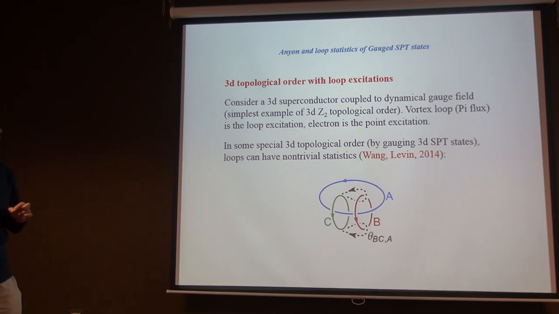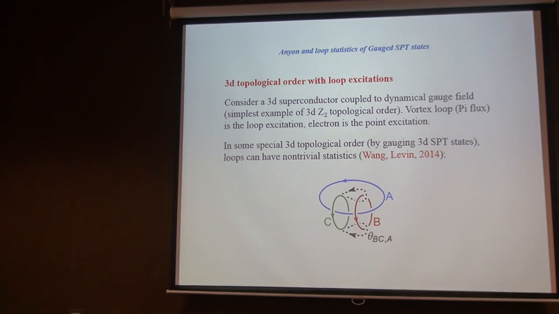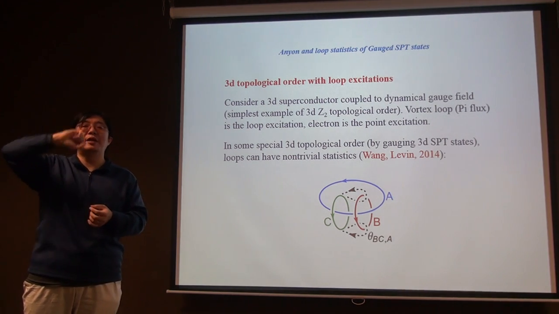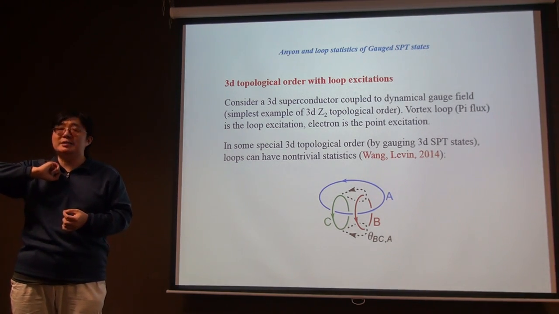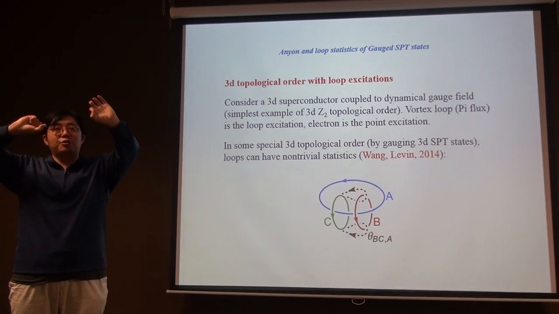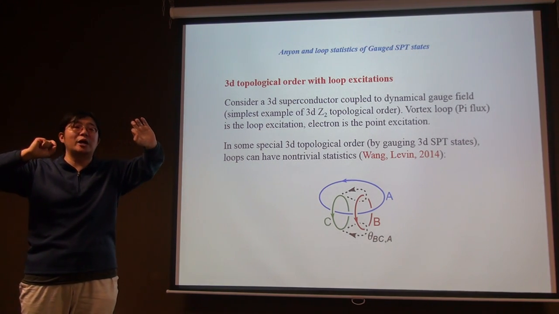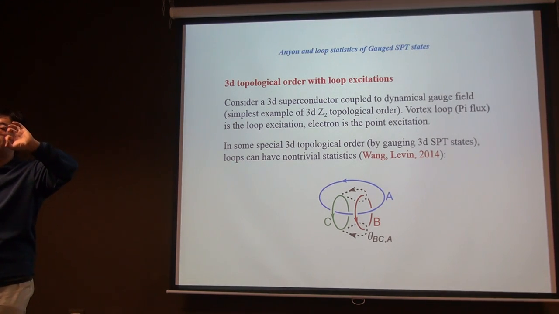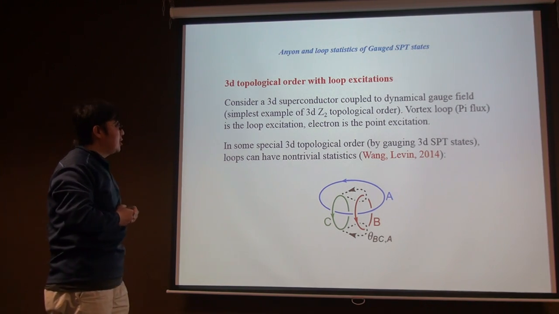It's well known that there can be some non-trivial statistics between a loop and a point particle. For example, let's consider an ordinary 3-dimensional superconductor coupled to a dynamical U1 gauge field. Inside the superconductor, we have a vortex loop, a vortex line, and also the electron. Because the vortex line carries a pi flux, if I take an electron and move it around the vortex line and back to itself, it will gain -1. This is an illustration of the statistics between a loop and a particle in 3-dimensional space. This is the most well-known statistics in 3 dimensions beyond boson and fermion. But actually,